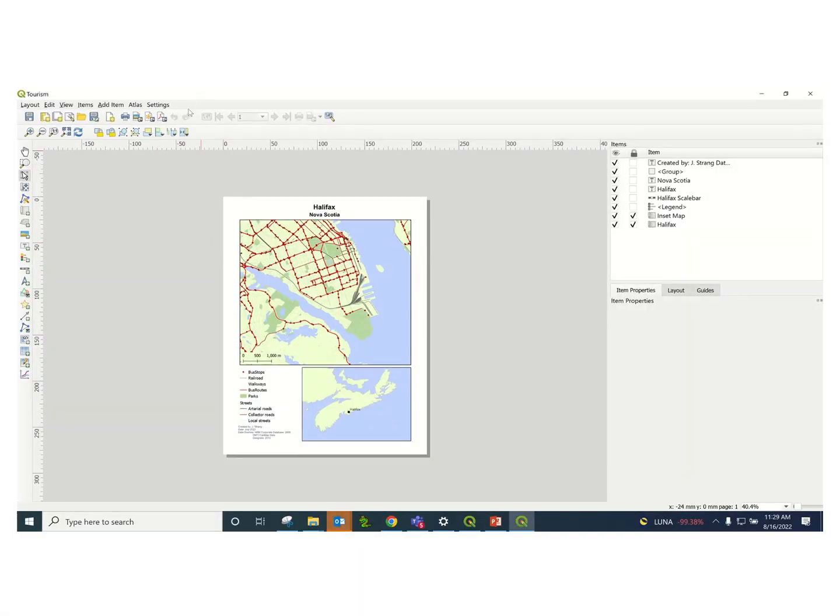And this is your layout view that we're looking at here. In this case we have a main map and an inset map. You'll notice that you have the drop downs again up here at the top. There's a number of buttons for adding and zooming around and moving around your layout over here to the left. On the right hand side, you're going to notice that there is this items tab up here